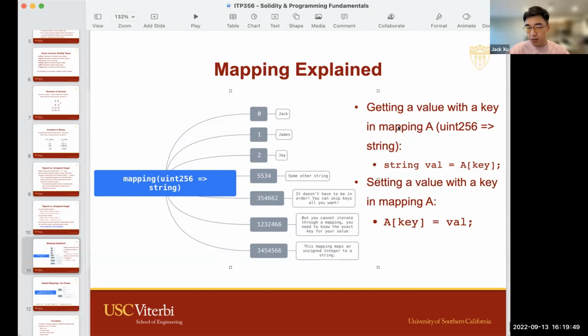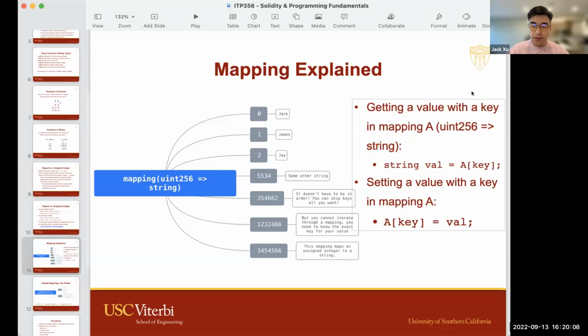Anyhow, coming back to getting a value from a mapping. Let's say there's this mapping, we stored it in a variable named A, and the type points from a number to a string, basically what we have on the left here.